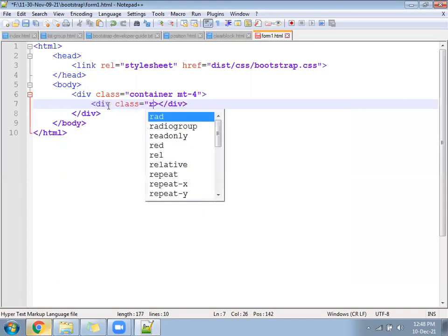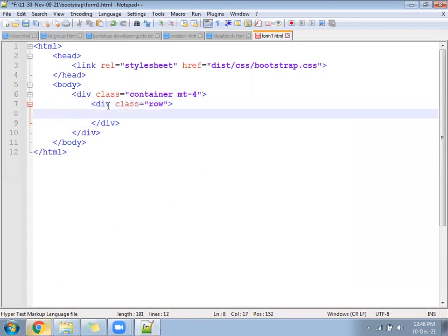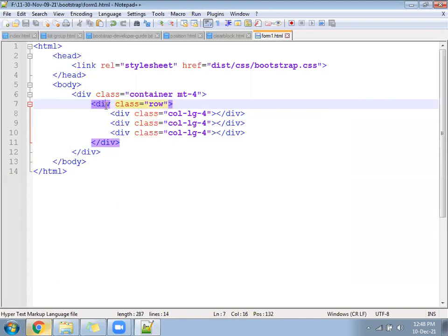Class equal to row, and inside it a column, class equal to col-lg-4, 4 4 4.